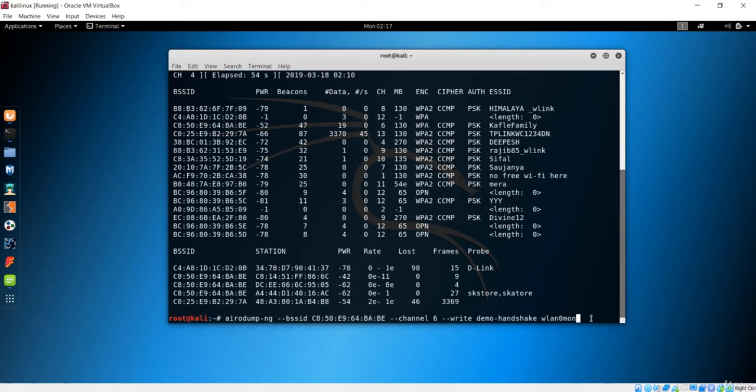So at least there should be one client connected to the network, because if the network is empty, that means we don't have any handshake. If this process has to work, there should be at least one client connected to that network. Then, after a time, there will be a disconnection of that client from the network, and we'll send this handshake packet to get a connection.